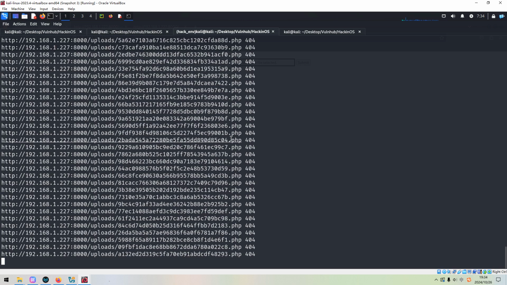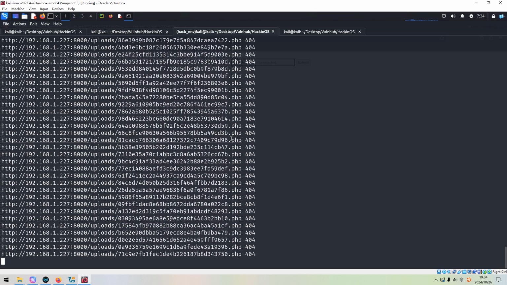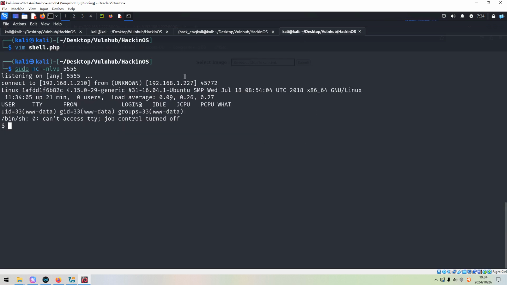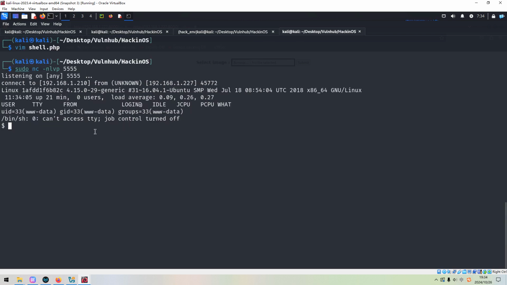I had the same issue with this machine the first time, to be honest, and I couldn't figure out the reason. Oh, as you can see, this time we got the connection from the target, which is so wonderful. I don't know. I did the same thing, I just made a copy of the original file, and this does work.